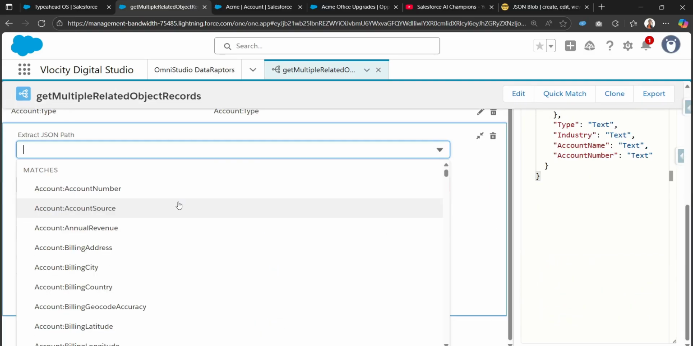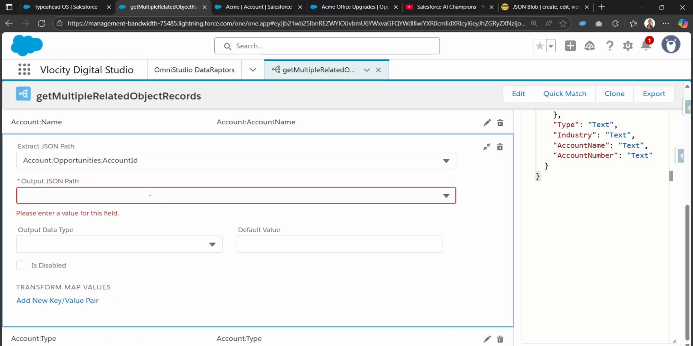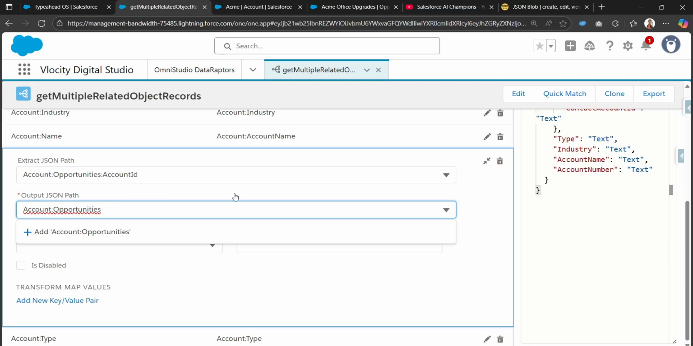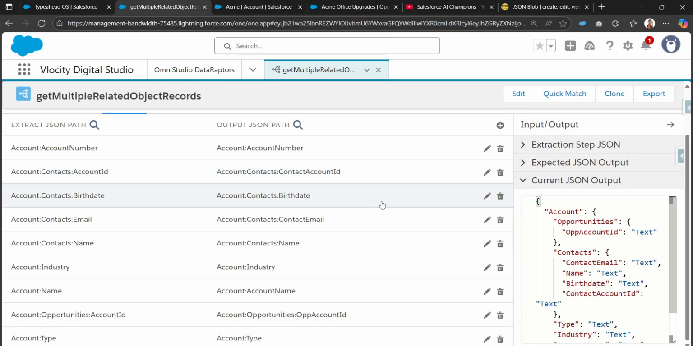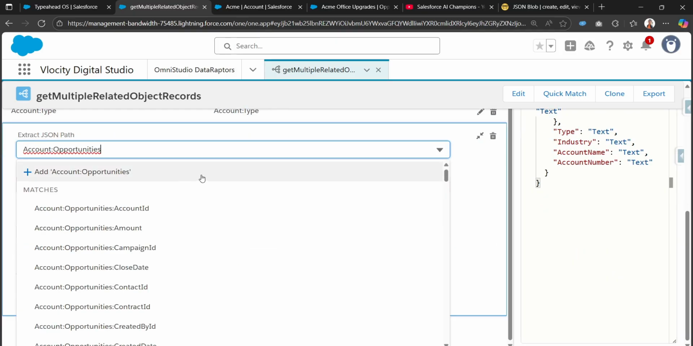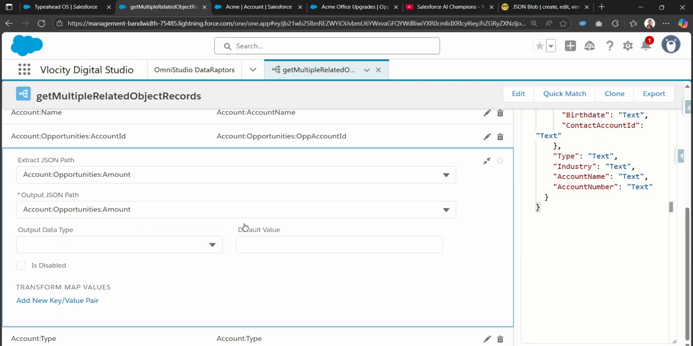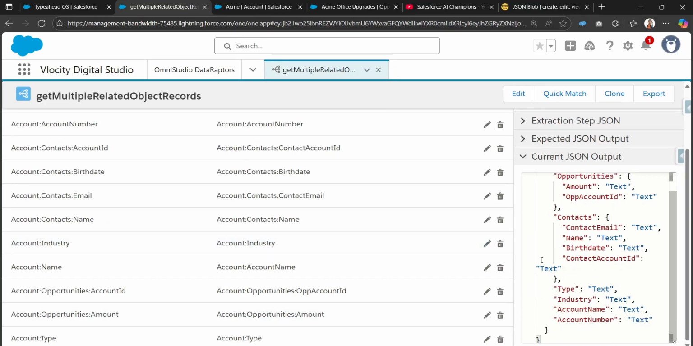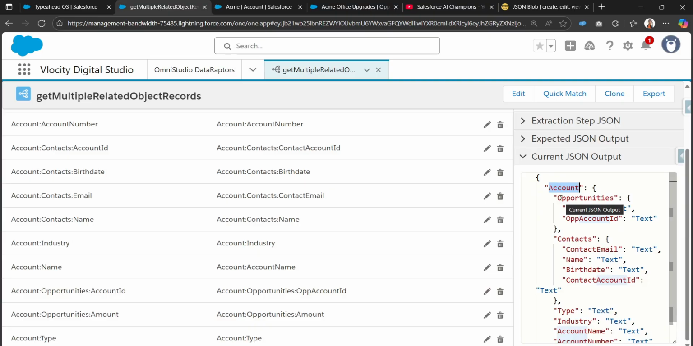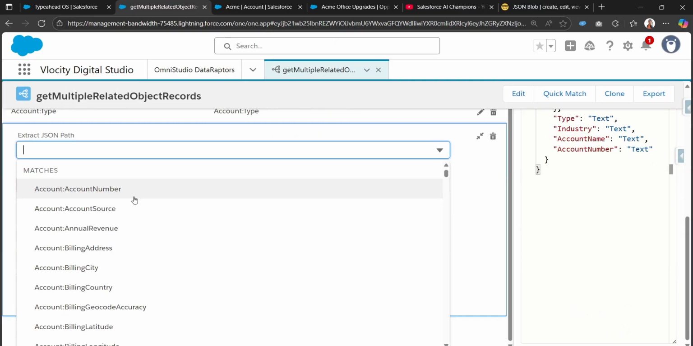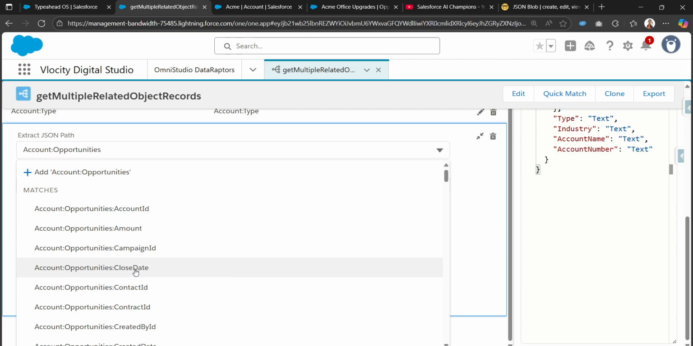And let me add a few opportunity mappings, like Account ID. I can add opportunity of Account ID, then some of the key fields of the opportunity, like Amount. Again we can see the structure: under this account we are getting opportunities. And let me add a few more fields, like Close Date,